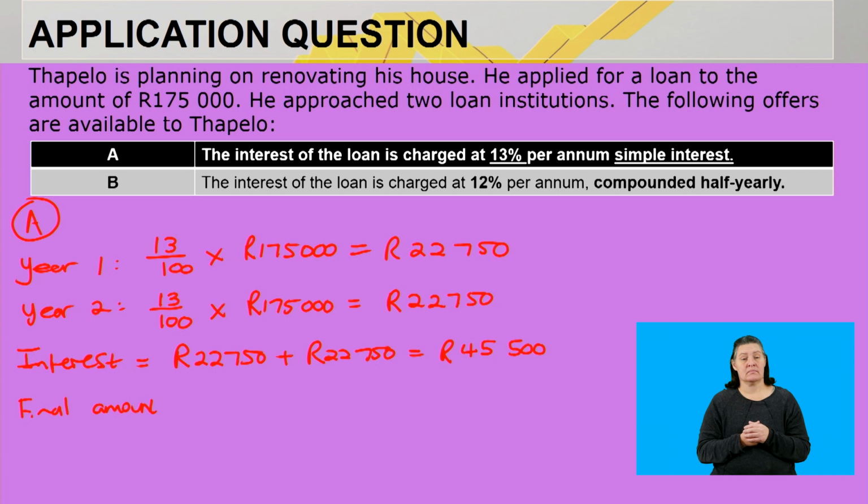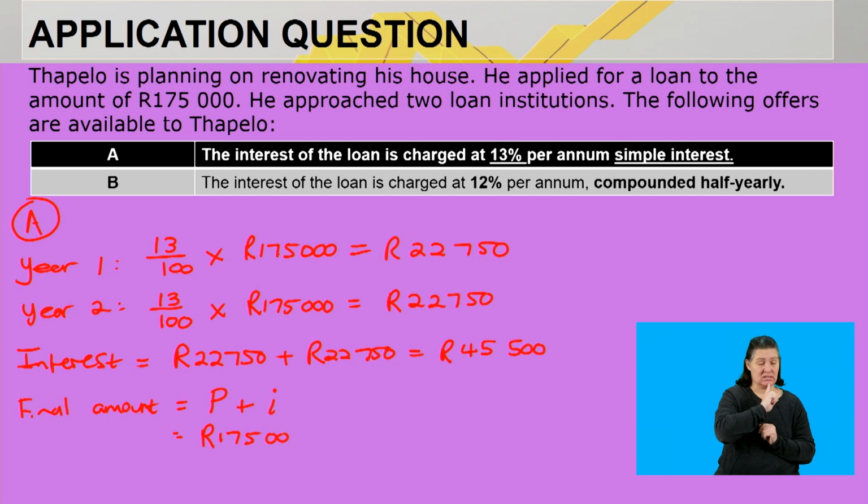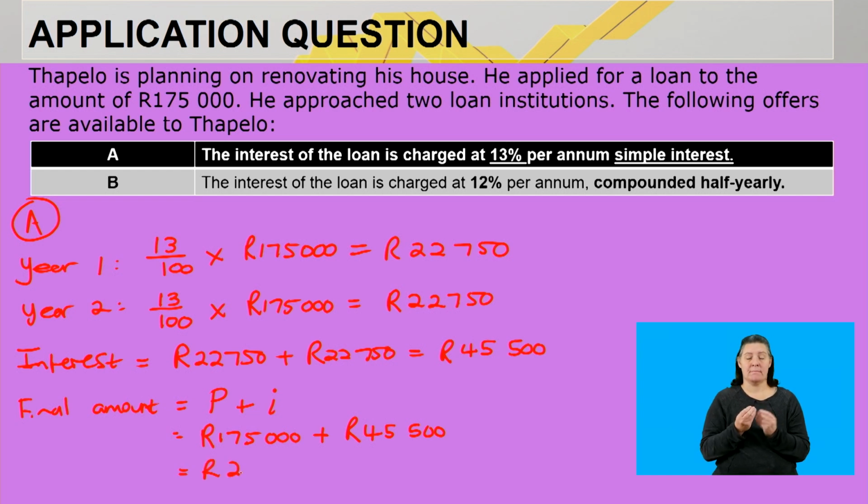Okay, so what is the final amount? In this case for Institution A. Remember I said final amount consists of your principal amount plus the interest, right? So therefore it will be the 175,000 Rand, the original loan amount, plus the interest that is payable, the 45,500. So let's add the 2 amounts together, 175,000 Rand plus the 45,500. So this will give us 220,500 Rand. So if Tapelo decides to go with option A, this will be the amount that he needs to pay back at the end of this loan period,